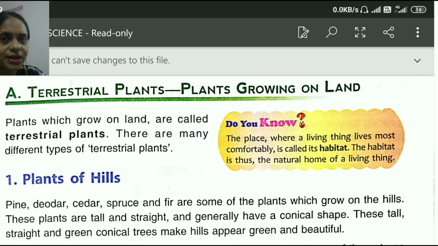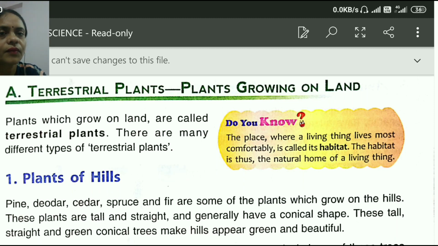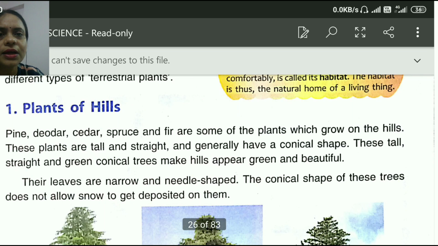So children, now let's go through the terrestrial plants. Terrestrial plants means plants which grow on land, and there are different landforms on which we will learn about different kinds of plants. First of all, we will learn about those plants which are found on hills.